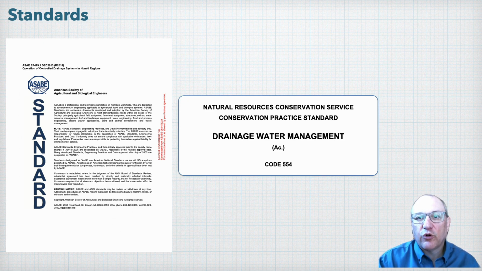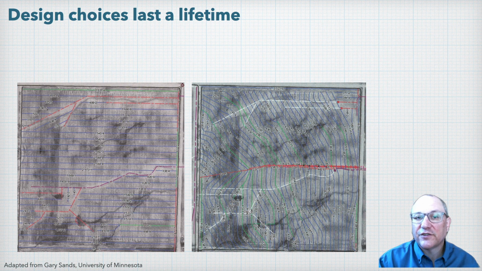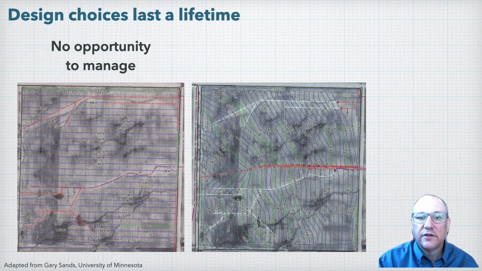Finally, it's important to remember that properly designed and installed drainage systems should last many decades across multiple generations. So as we discussed in the introduction video, controlled drainage works best on fields designed with controlled drainage in mind. So here's an example of a field in Minnesota. The design on the left was the original design with laterals running up the slope, which wouldn't have worked for controlled drainage. While planning for the drainage system, the farmer became aware of controlled drainage and worked with engineers to redesign the system for controlled drainage, resulting in the design on the right.